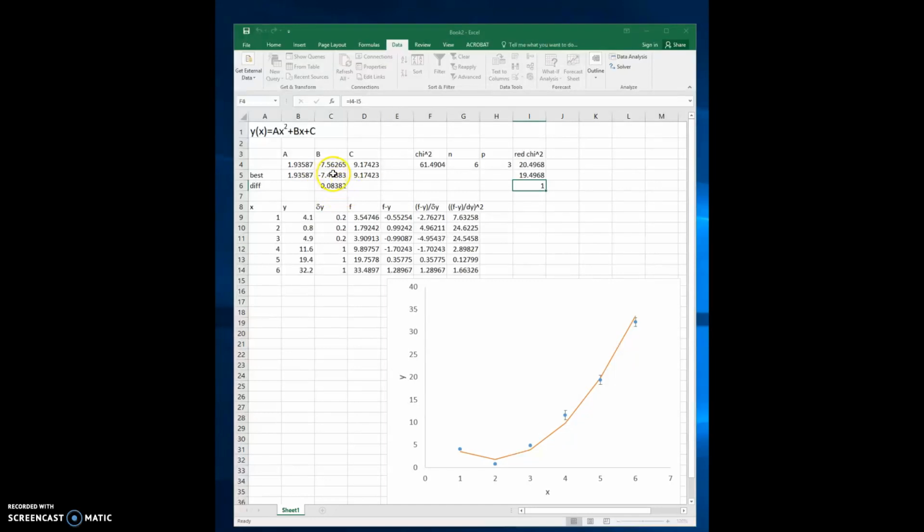Again, we take the best fit value, and our uncertainty range, plus or minus, is going to be the difference from the value of the best fit to the value that increases our reduced chi-squared